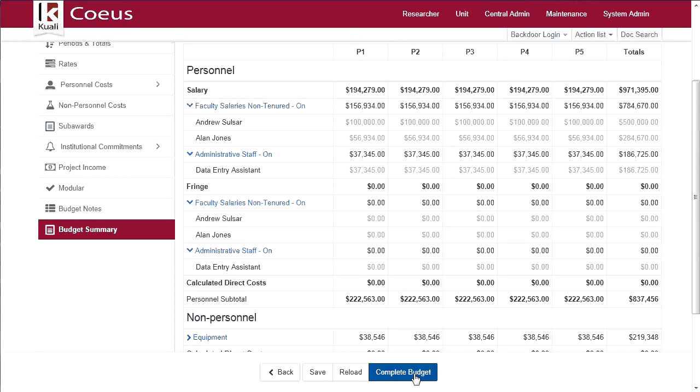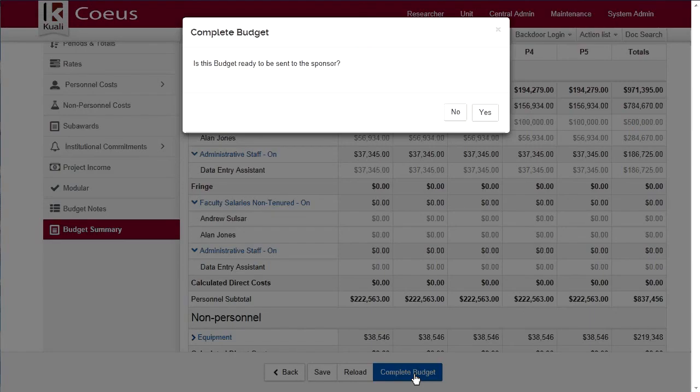I'm just going to keep clicking continue and let the system take me to the next screen that I need to go to. Well, once you've gotten here, if I press complete budget, it's going to say, is this budget ready to be sent to the sponsor? Is this done? And again, giving sort of a plain text guided conversation with the user,